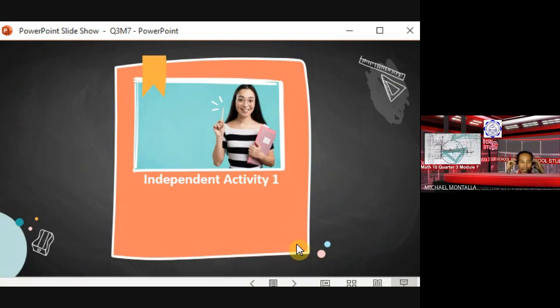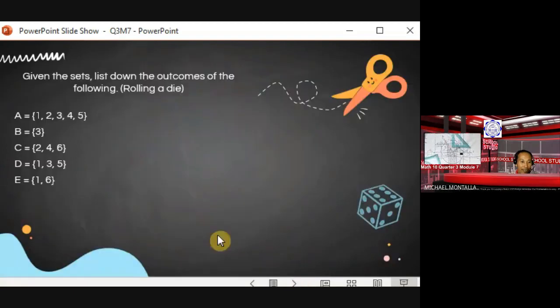Mag-isa lang estudyante ko, kaya ang bilis magturo din. Okay? So, sa mga independent activities natin, ayan. So, sa rolling a die, ang gagawin mo dito ay union lang naman to eh. Kayang-kaya mo to. A union B, ay sabi ko sa inyo dati, pag pinagsama mo yung dalawang event, union, yung